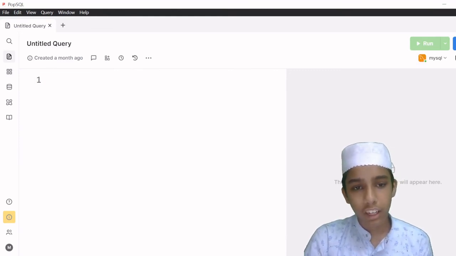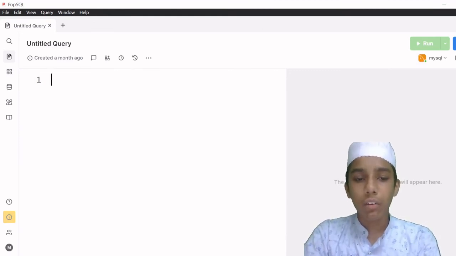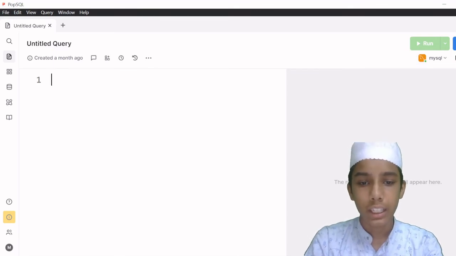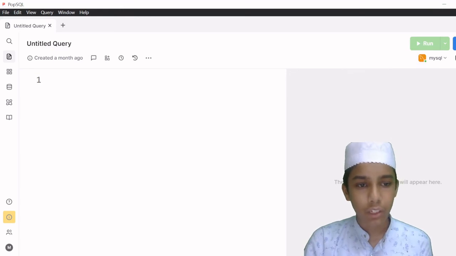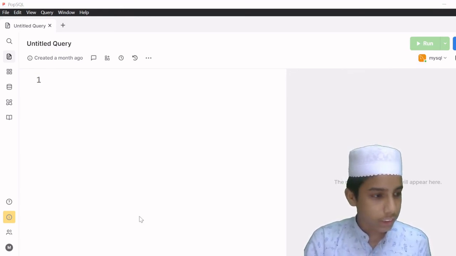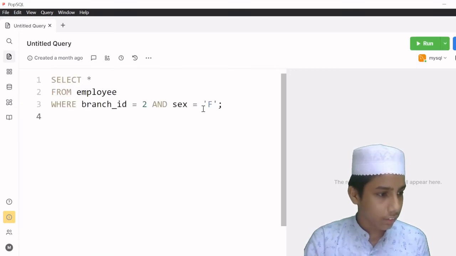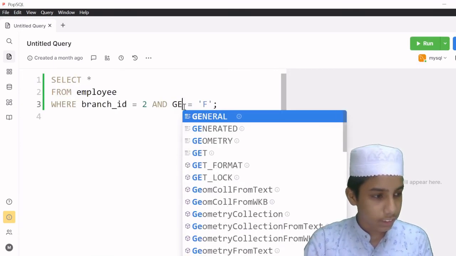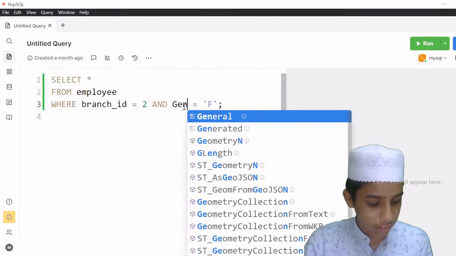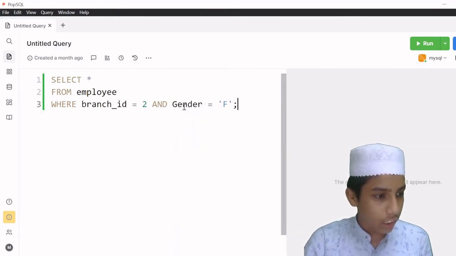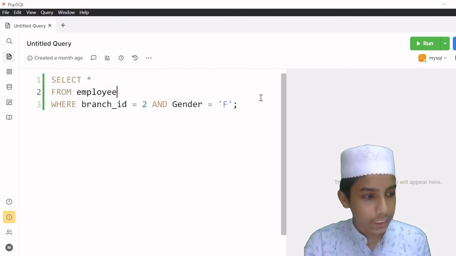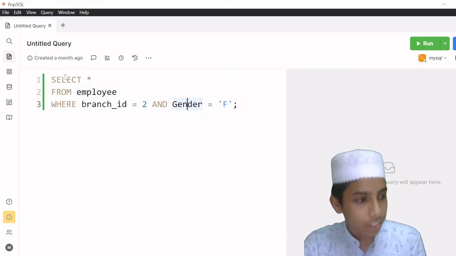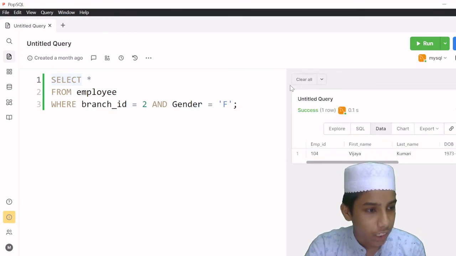Okay, and now what I want to do is find all of the employees who are working in branch 2. For that I have a block of code that we can copy here. So Ctrl C, and then I'm going to paste that code here. Instead of sex we have gender. So now select from employee where branch ID is equal to 2 and gender is equal to F. Now if I click here and run this program,